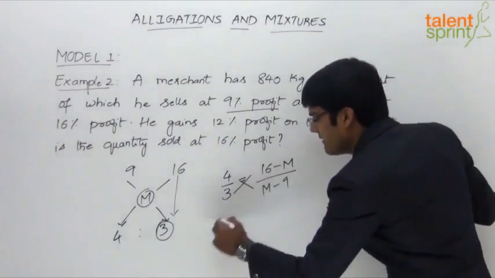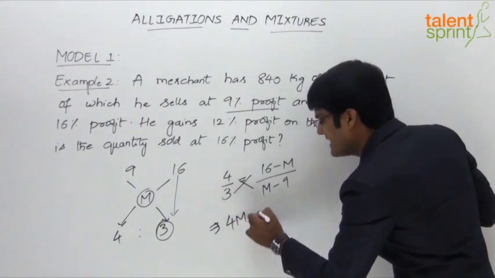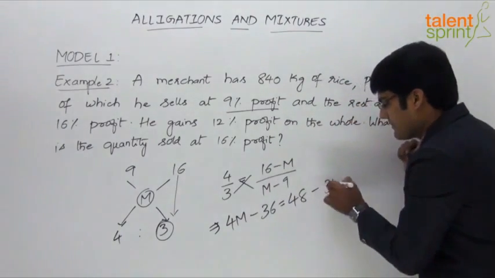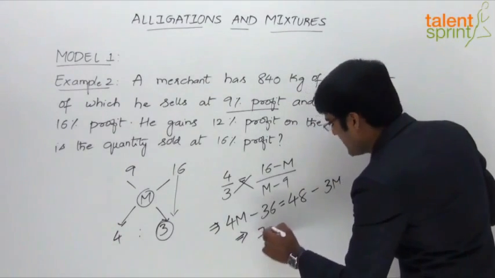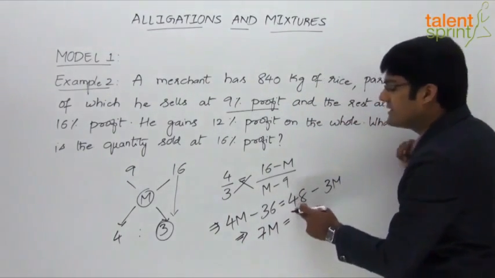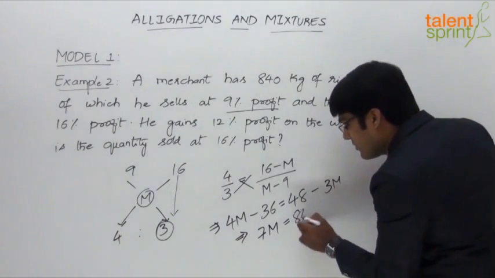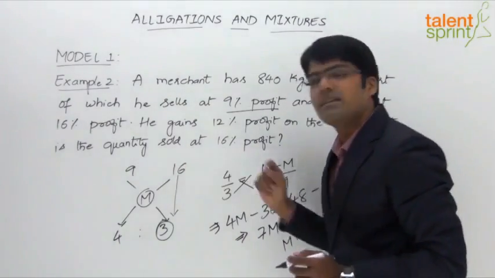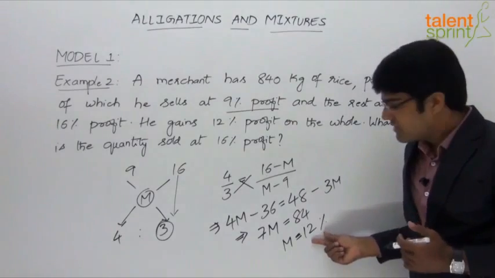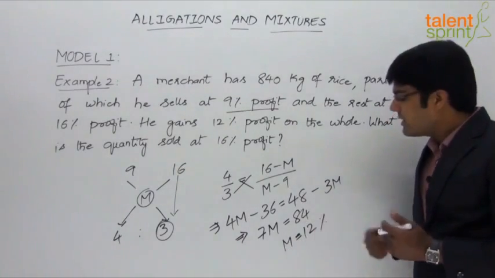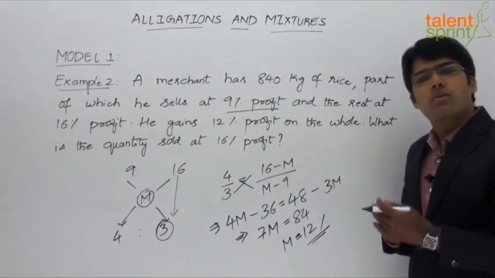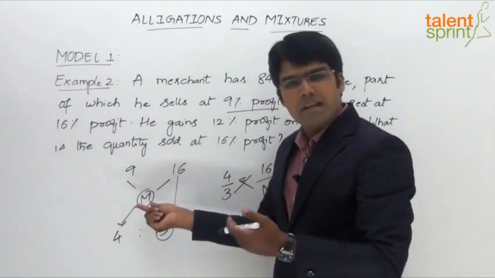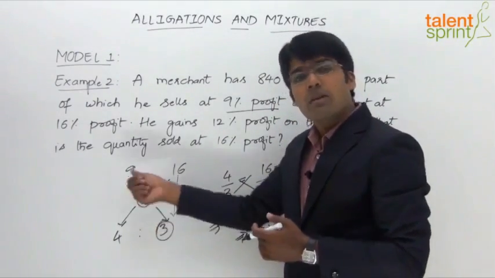Now by cross multiplication we can find out the value or the profit on the overall mixture. So when we cross multiply, we get 4M minus 36 will be equal to 48 minus 3M. So this gives 4M plus 3M, 7M will be equal to 36 plus 48, which is 84. So M will be equal to 12, which is 12%, because anyway these two values are in terms of percentage. So this also will be a percentage value. So M, that is the profit on the mixture, will be equal to 12%. So this is how we can either find out the ratio or the mean value, which can be mean price or mean strength or mean value, by using the alligation rule.